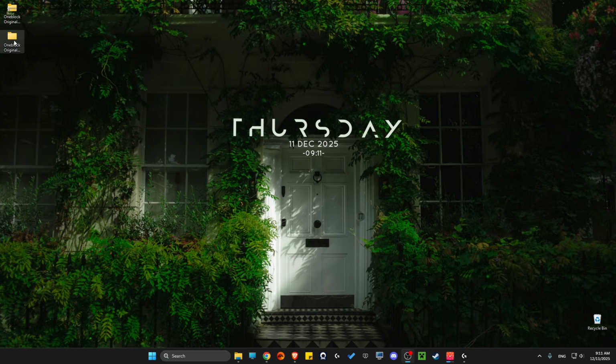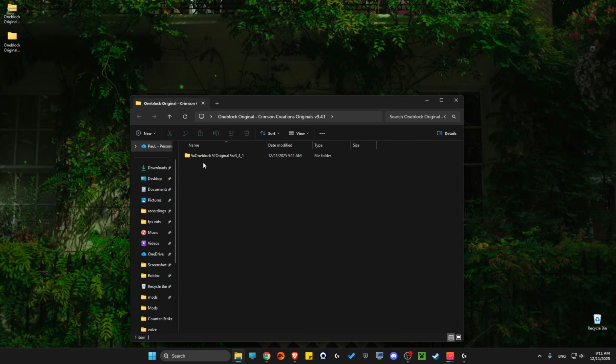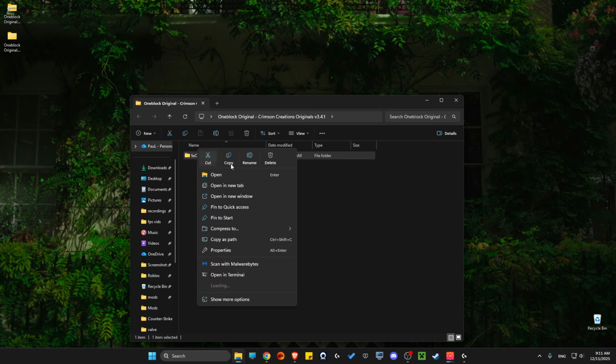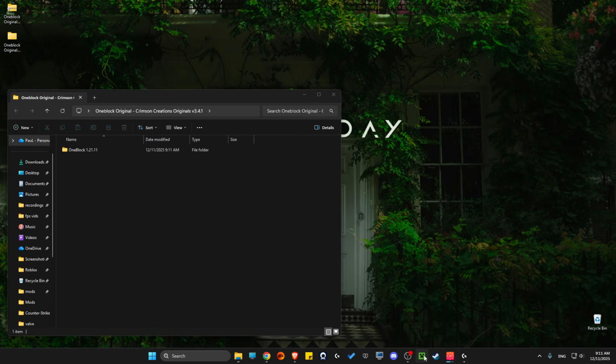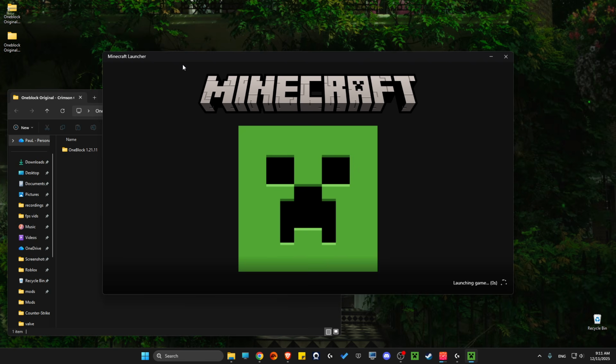After that, press on the extracted folder, and then you will have this file here. So what I like to do here is to first rename it to the version, and then you should have this OneBlock 1.21.11. Then what you need to do here is to open up your Minecraft launcher, wait for a couple of